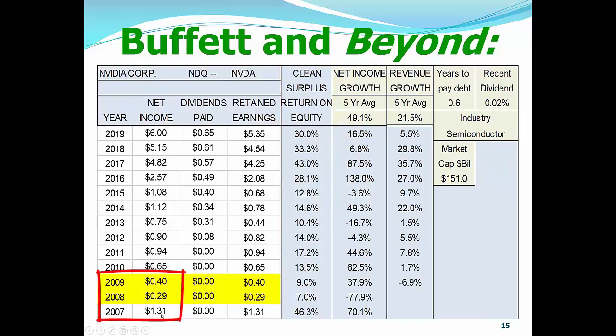In 2007, it made $1.31 a share. Then in 2008, when we started going into a recession, and the recession really hit in 2009, you can see this company still making money, but hardly making money. And I want to show you one thing. It made $1.31 in 2007. It didn't come back to that level until 2016, when it made $2.57. So you can see there was a long dry spell in here. Had you bought in 2007 when this stock was hot, you would have waited for a long time.